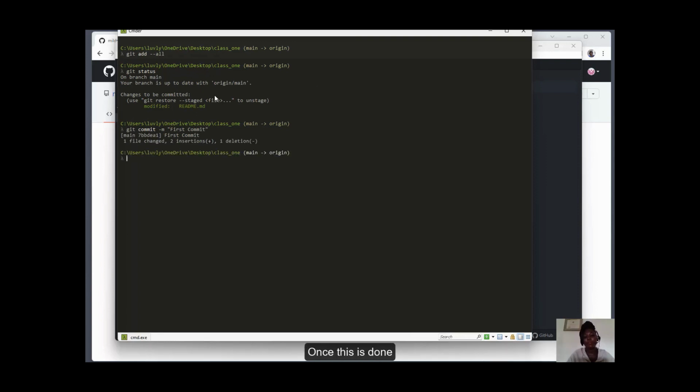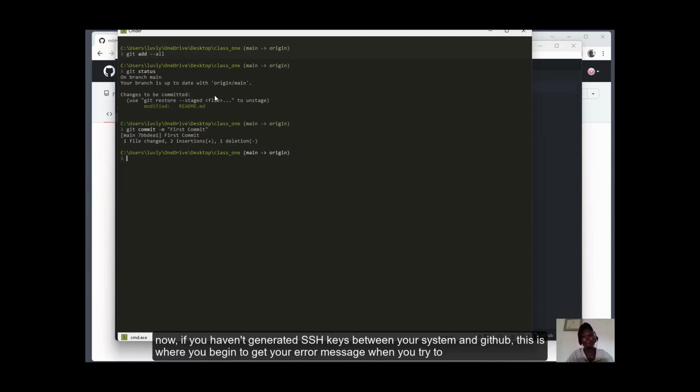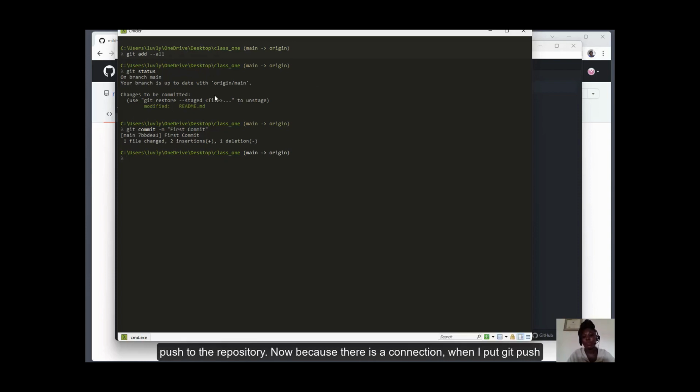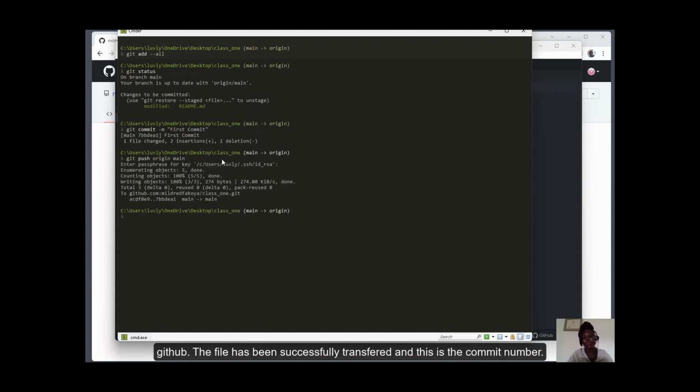Once this is done, now if you haven't generated SSH keys between your system and GitHub, this is where you begin to get your error message when you try to push to the repository. Now because there's a connection, when I put git push origin and the name of my branch is main, origin main, this automatically transfers the file to GitHub, and the file has been successfully transferred, and this is the